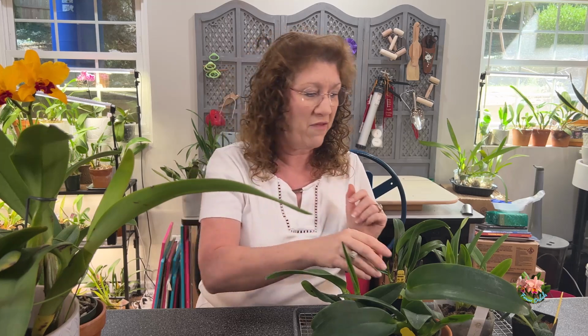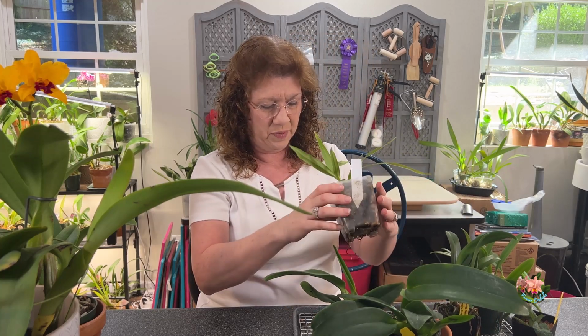So we got the Paphiopedilum, then I did get a frag. All right, let's make sure this one's not dripping. I really like pink flowers, so I have a tendency to buy pink flowers. Not everything I have is pink, but I have pink cattleyas, and I try to get the darker pinks in the phalaenopsis, but I do like the whites